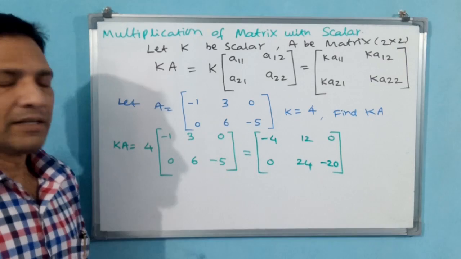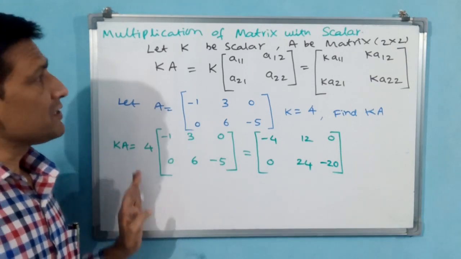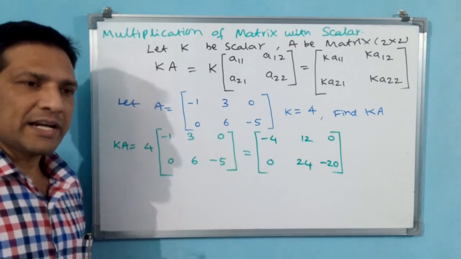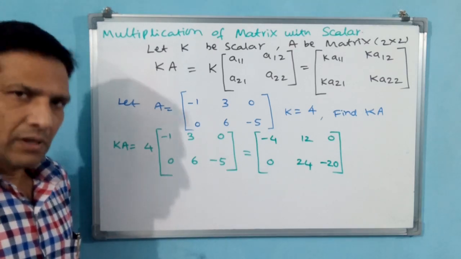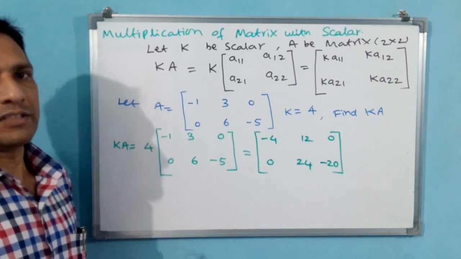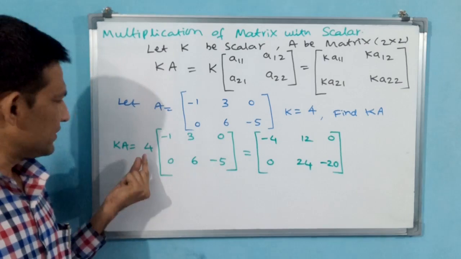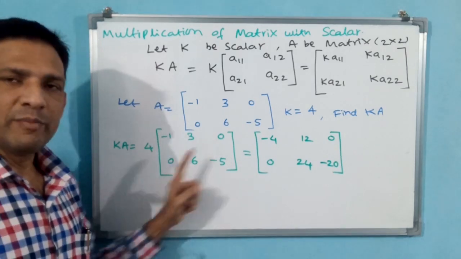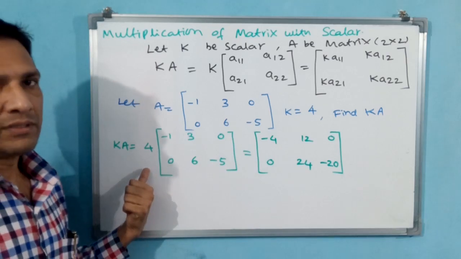You understand now? How this has come? Okay. If you understand multiplication with a scalar, then we can understand multiplication by minus 1 also. That is very essential for the next concept. First, you understand multiplication by a scalar. See, a single scalar, but all elements are going to be affected. Why? Because of the multiplication we are doing.